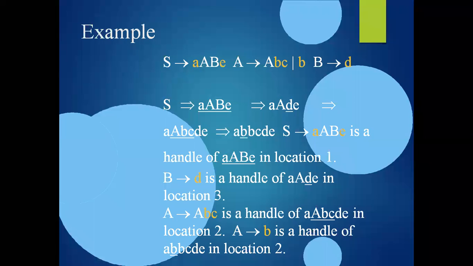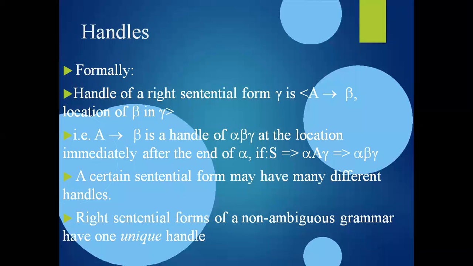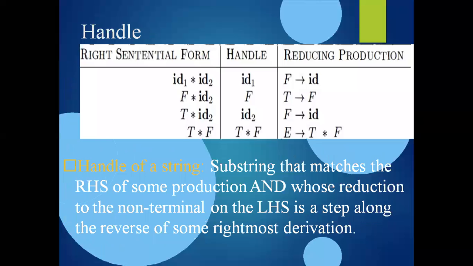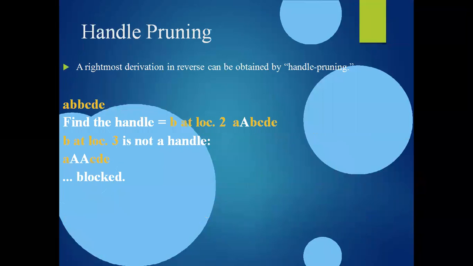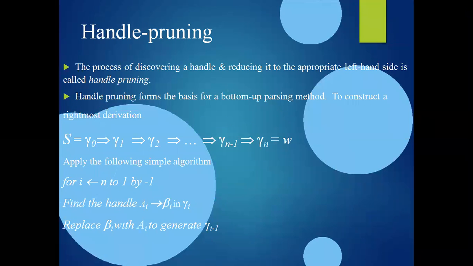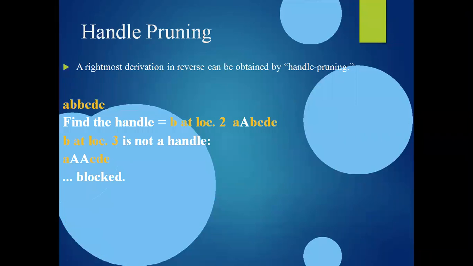This is a bottom-up approach, just naming with location 1, location 2, location 3. But when we implement a technique like handle pruning, you should prefer to draw the table representation like this. Then it is very clear to understand, right? And here the last one is handle pruning.